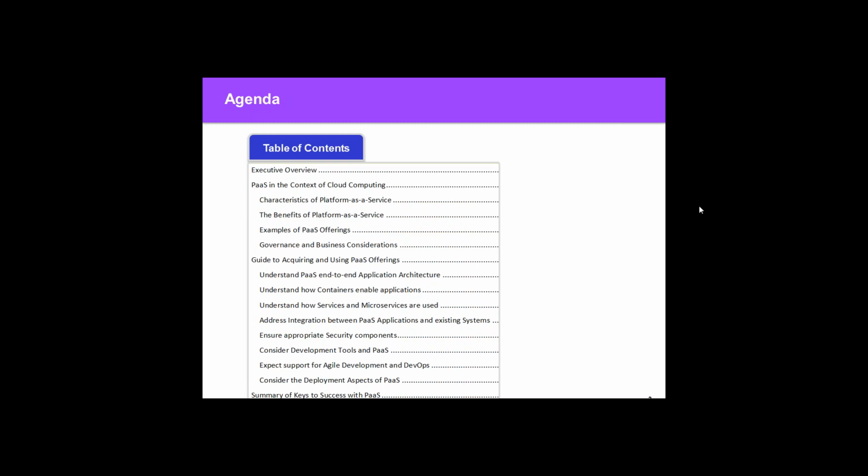In addition, differences with traditional app development and delivery are highlighted, since the biggest gains for enterprises in many cases result from the adoption of newer, more efficient, and less error-prone techniques for creating, testing, and deploying applications. All of these areas will be covered in more detail as we go through the presentation.